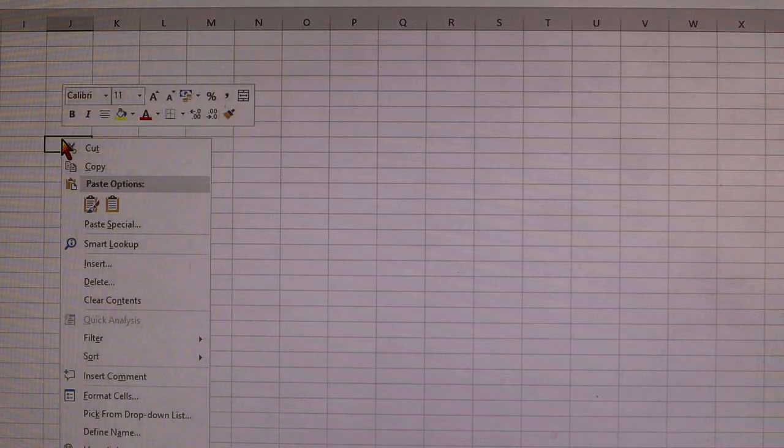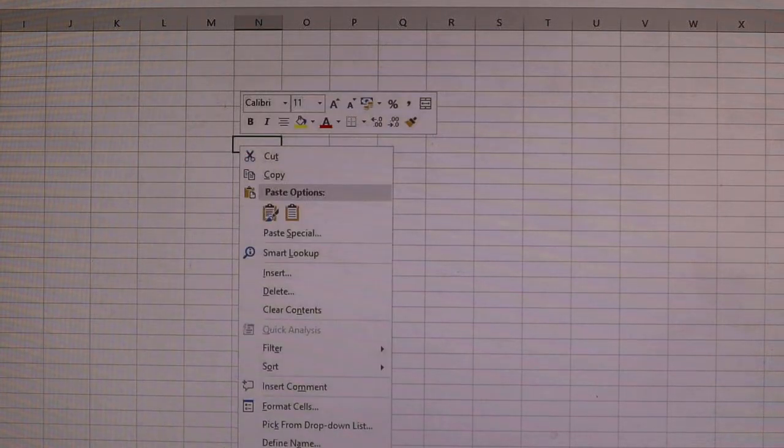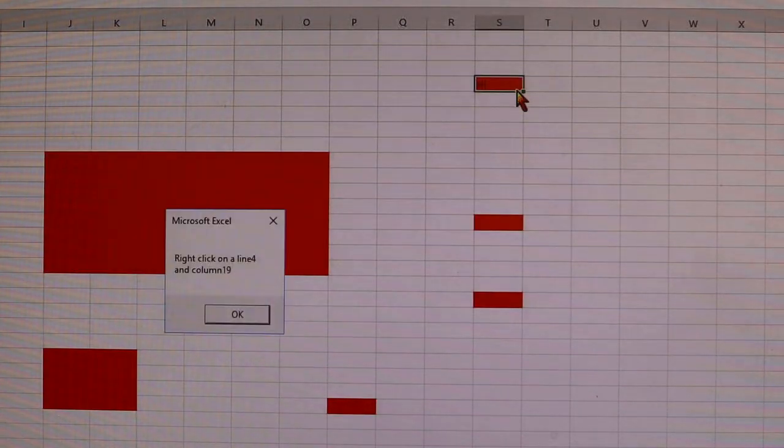And target dot column. Okay, and now every time I right click, nothing happens. Why? You're on sheet 1, not in the first sheet. If I go into the first sheet and I right click, I get a message, right click on line 4